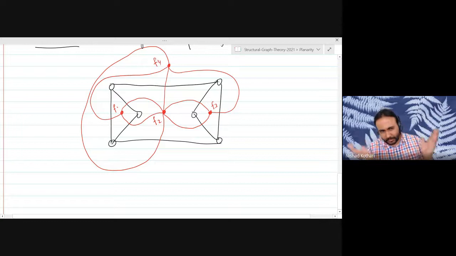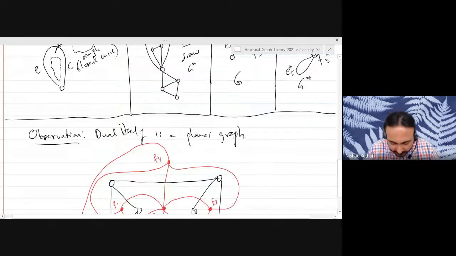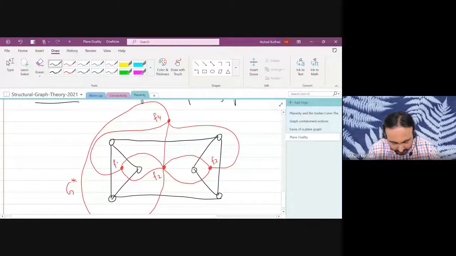Okay. So we won't prove this rigorously. We will just let it go by intuition, right? So intuitively, it seems clear that you should be able to do this. For each face of the original graph, you put a vertex of the dual inside that face. And now for that face, you just look at all the edges on the boundary and you draw the corresponding dual edge in your dual graph. Okay, so this red colored graph is your G star. And the original graph in black is your plane graph G.